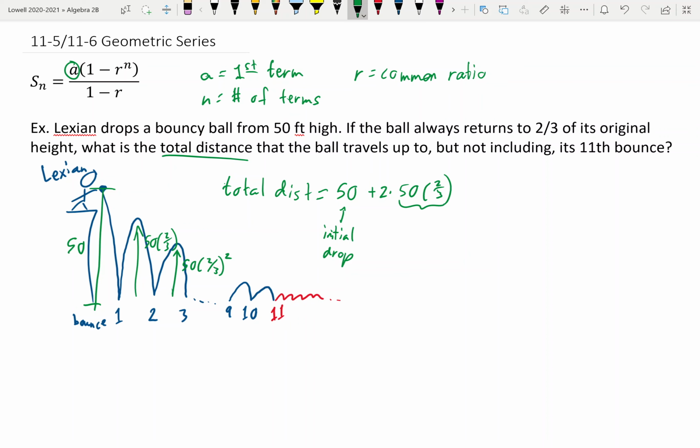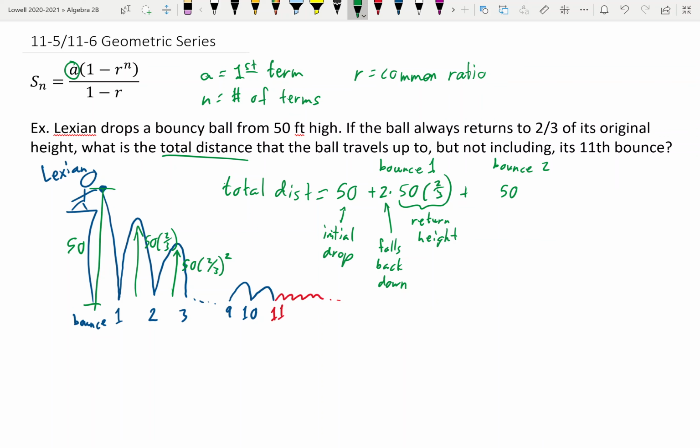So again, this is the return height, and then times 2, it has to fall back down. So again, the initial drop, it doesn't go up 50 feet ever because we're just assuming we're not measuring until she drops it. But everything after that, after all the bounces, it bounces up but also falls back down to earth. The next bounce, so again, this would be like bounce 0. So that would be bounce 1. On bounce 2,